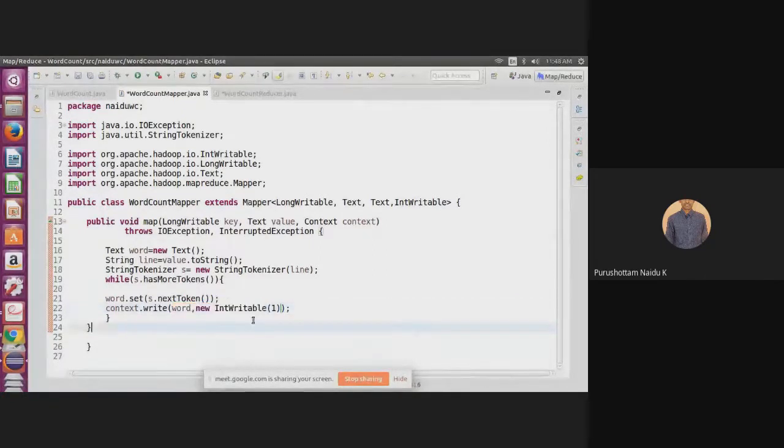Why did I write new IntWritable of 1? 1 is a normal integer, but this parameter can accept only object type. That's why we convert the integer 1 into object type, so we write new IntWritable of 1. Okay, that is the mapper code.